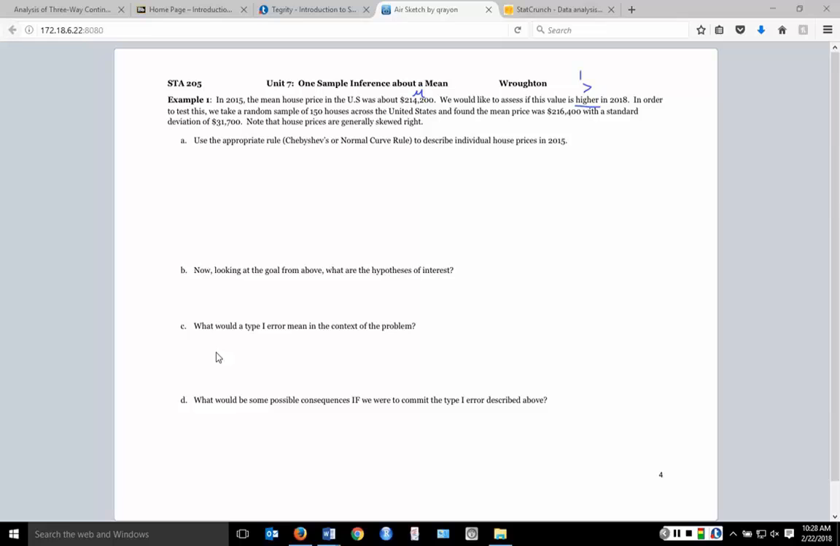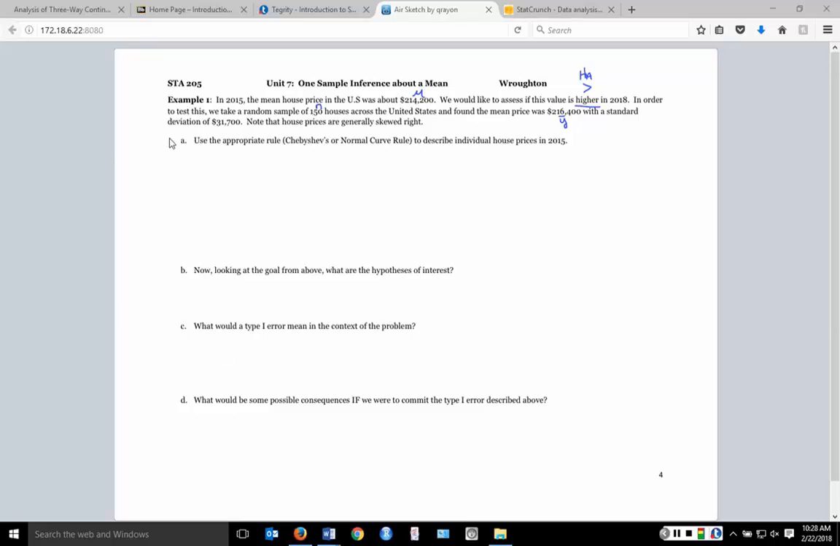I would like to see if this value is higher in 2018. This is giving me this idea for my alternative hypothesis. I'm going to be using a greater than sign there. In order to test this, we took a random sample of 150 houses. So that's going to be my sample size. And found the mean house price was $216,400. So that's going to be my Y bar,